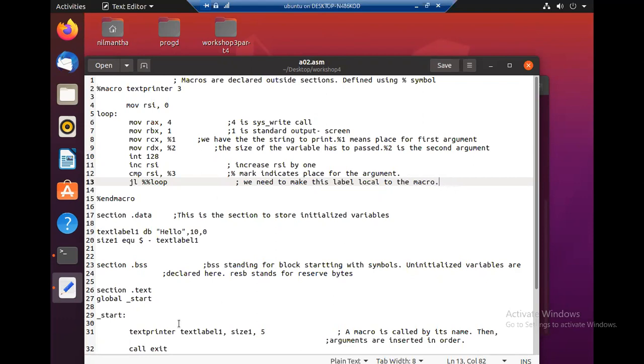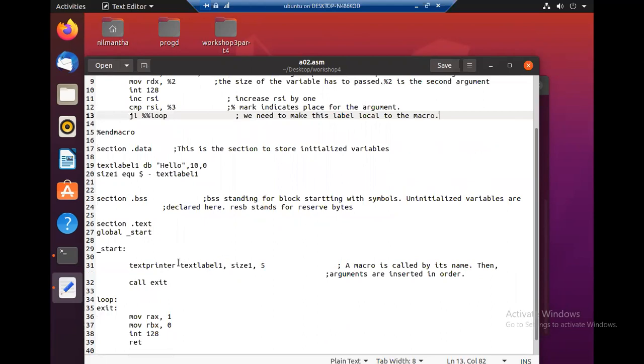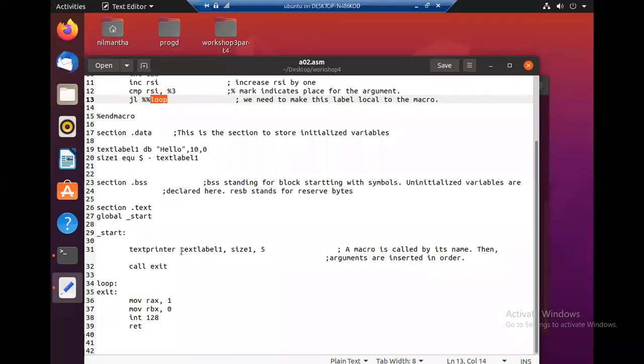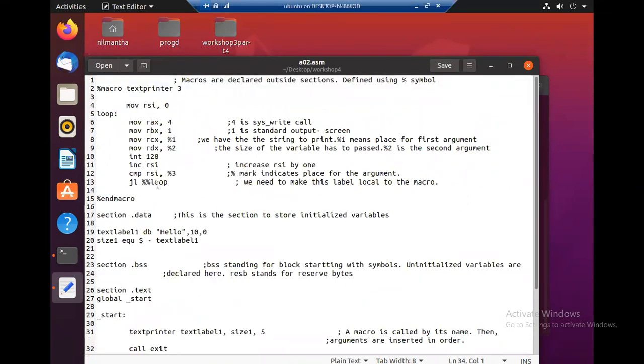So when you call this macro inside the main program and it comes to this conditional jump statement that loops to the label known as loop, it will loop only inside this macro, because you have specified it as a local variable. Outside of this macro, inside this text section, that label will not be considered, because we have specifically asked it to look for the local variable.